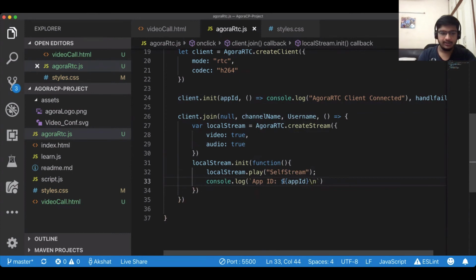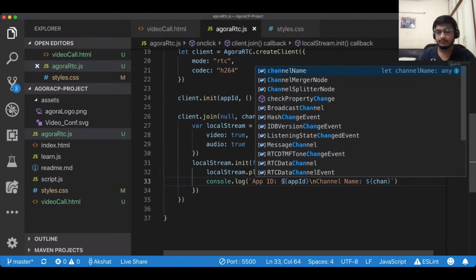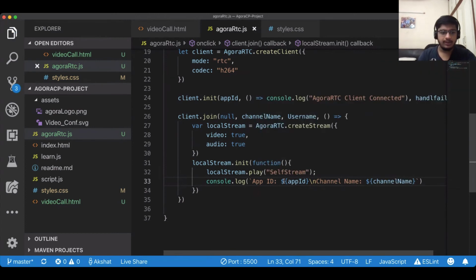I'll put the channel name as well. Channel name. Again, dollar, this is syntax for putting JavaScript inside HTML. Channel name. There you go. And now that we have initialized and played it, what we'll do is we'll publish it.